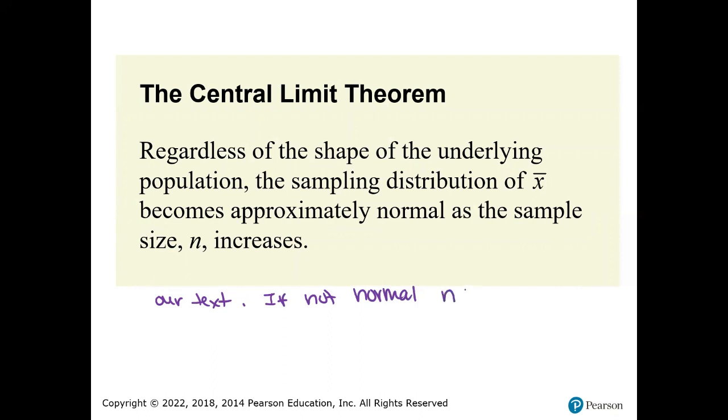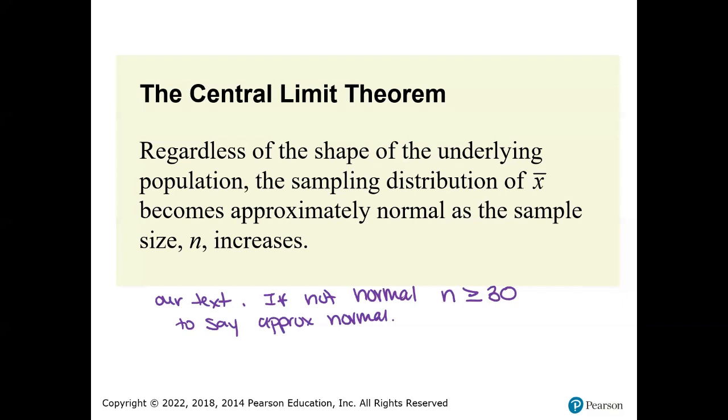The sample size has to be greater than or equal to 30 in order to say it is going to be approximately normal. Two choices. They tell me the original population is approximately normal. If they tell me it is already normal with a mean and a standard deviation, I can assume my sample will be approximately normal. If they do not tell me that, or they tell me that it's skewed to begin with, or even uniform to begin with, it will turn into a normal graph